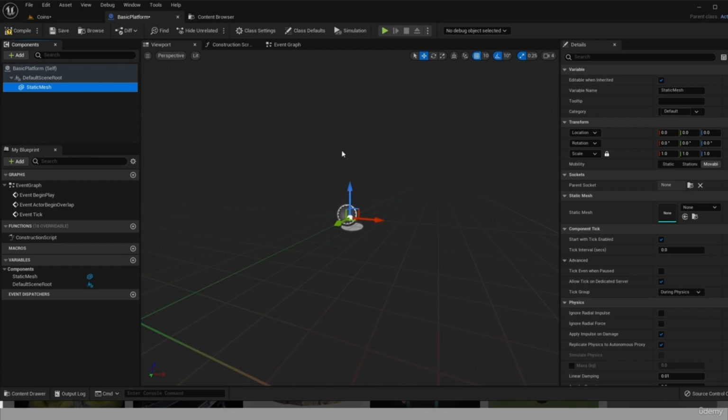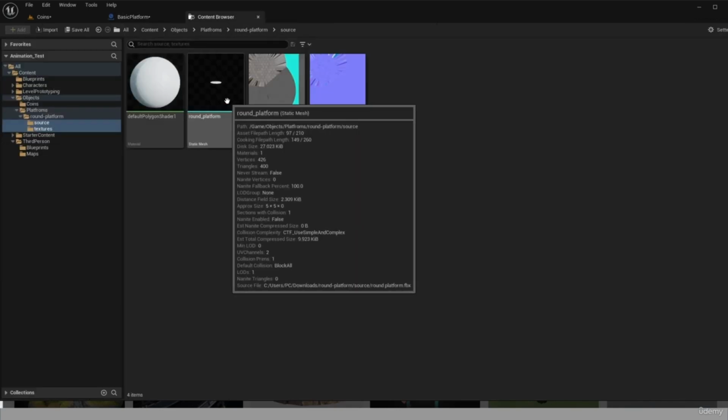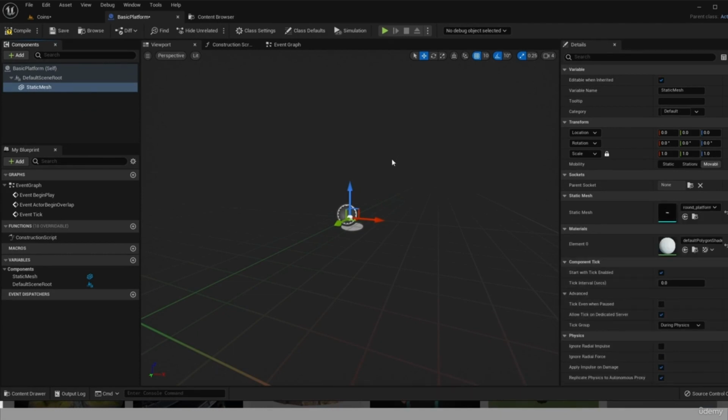So what I'm gonna do, I'm gonna go to the static mesh options here. In this list of all the meshes that we have in our project, I'm gonna find this round platform static mesh. You can see here we have static mesh. So yeah, that's how you can understand that you can use this for your static mesh. I can see it right here, but you also can search for it. Okay, so now this is